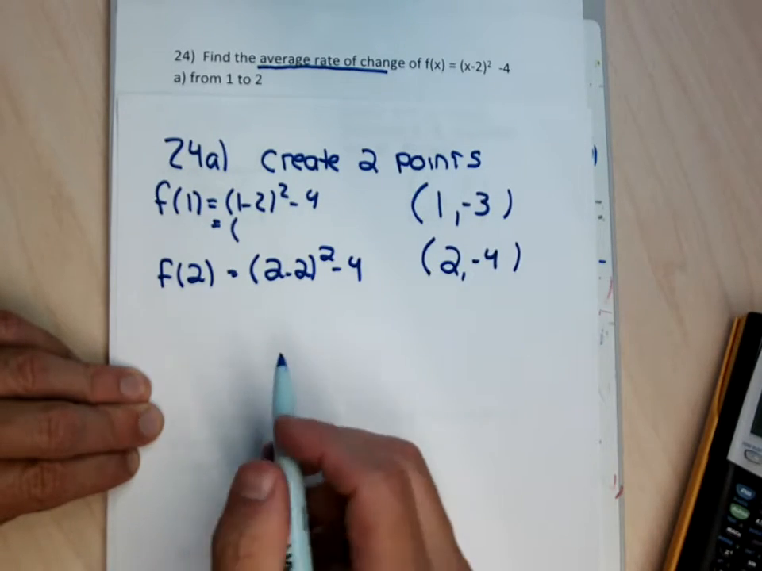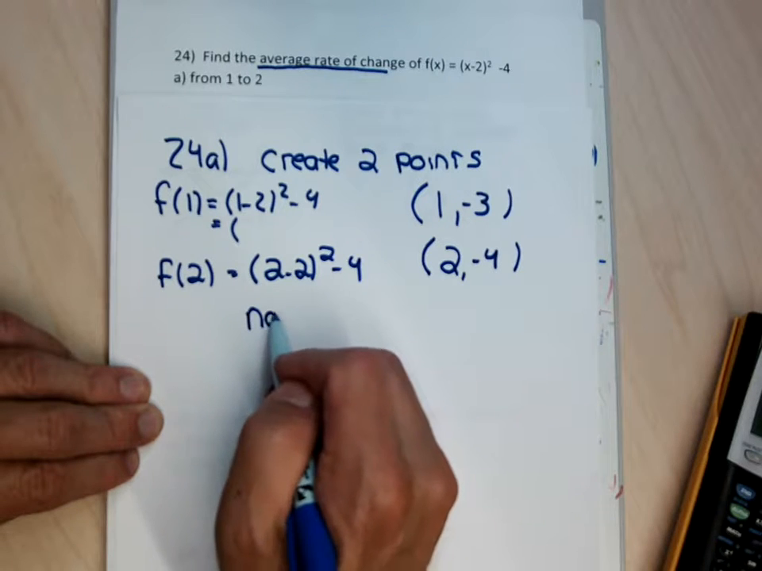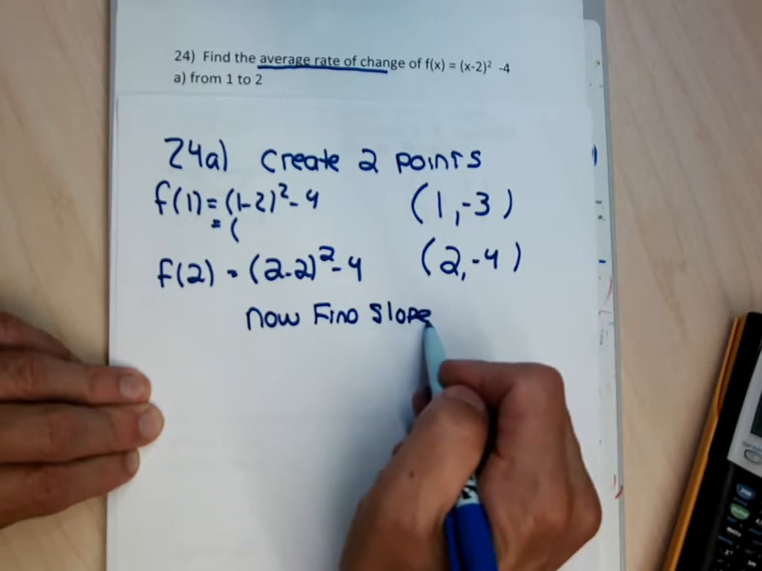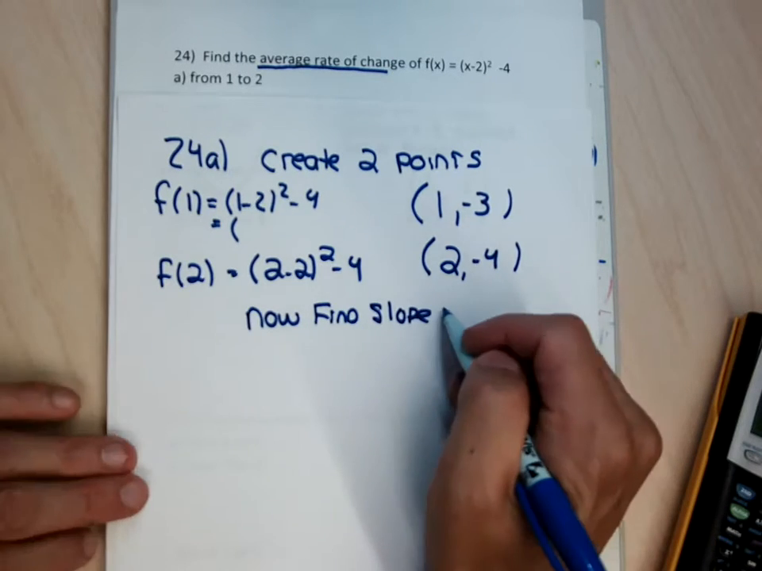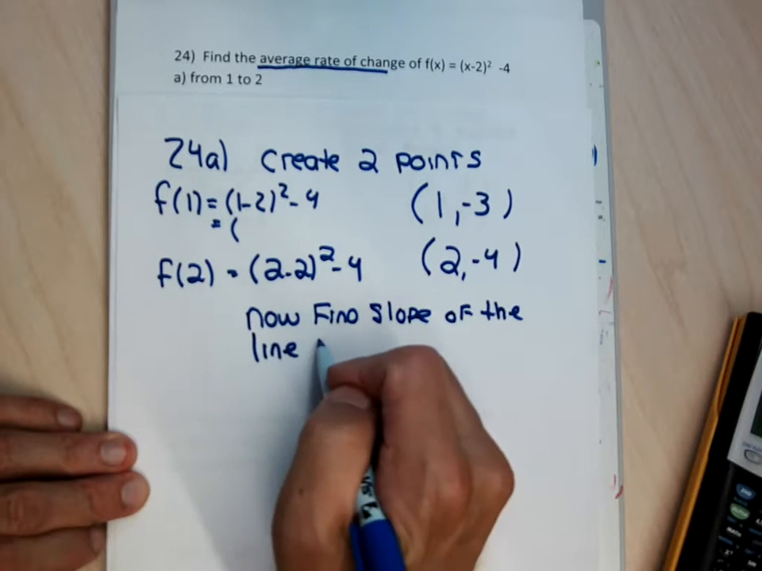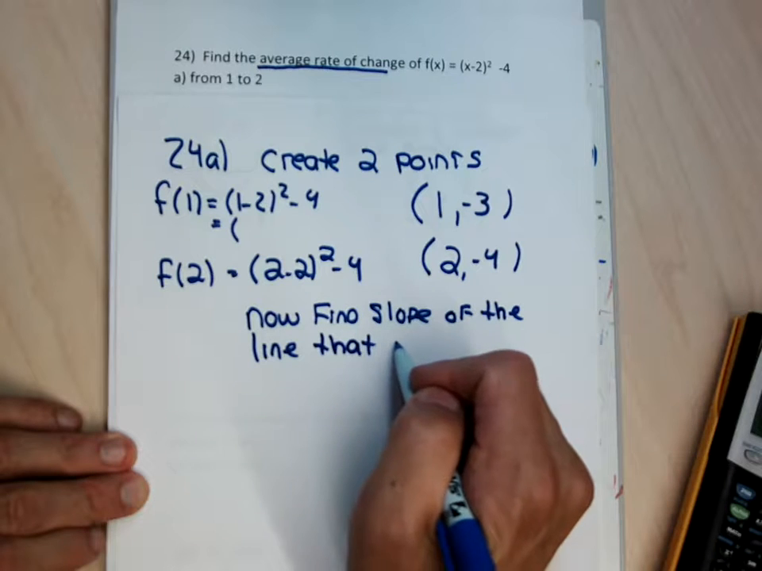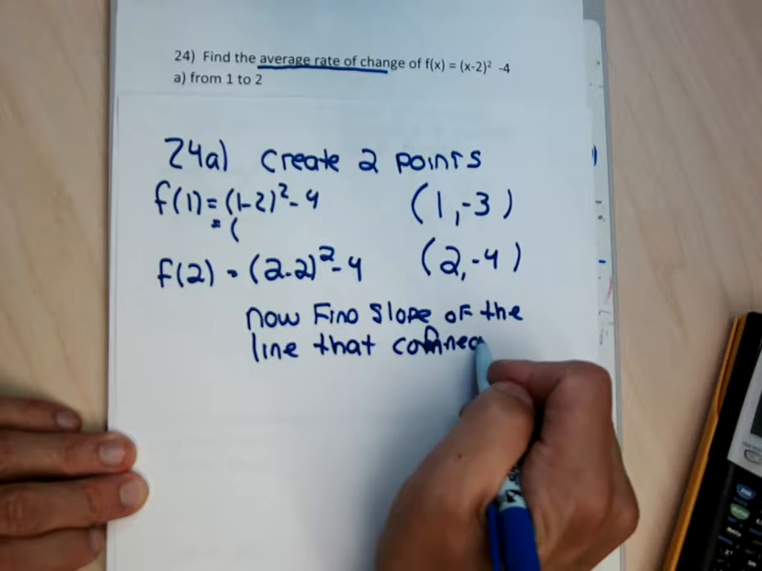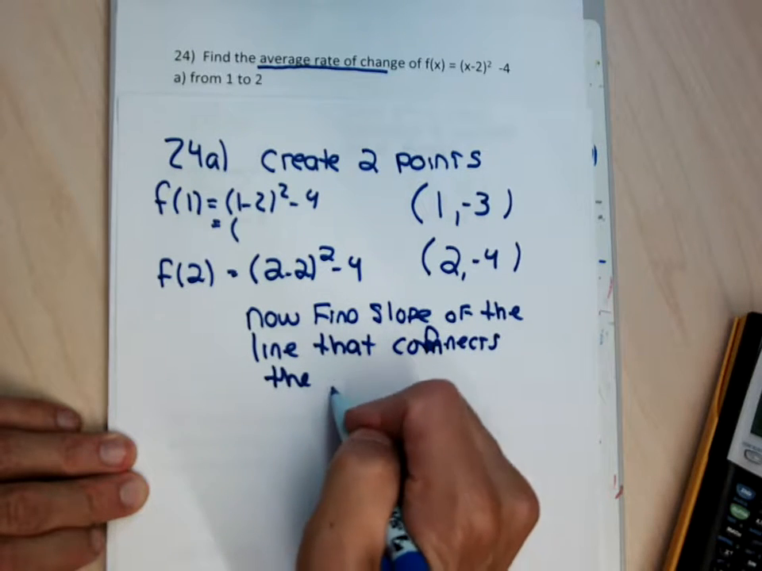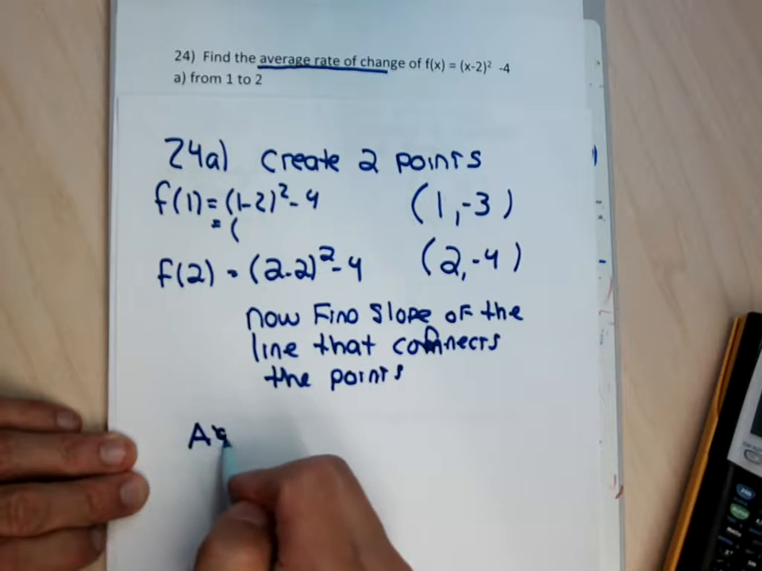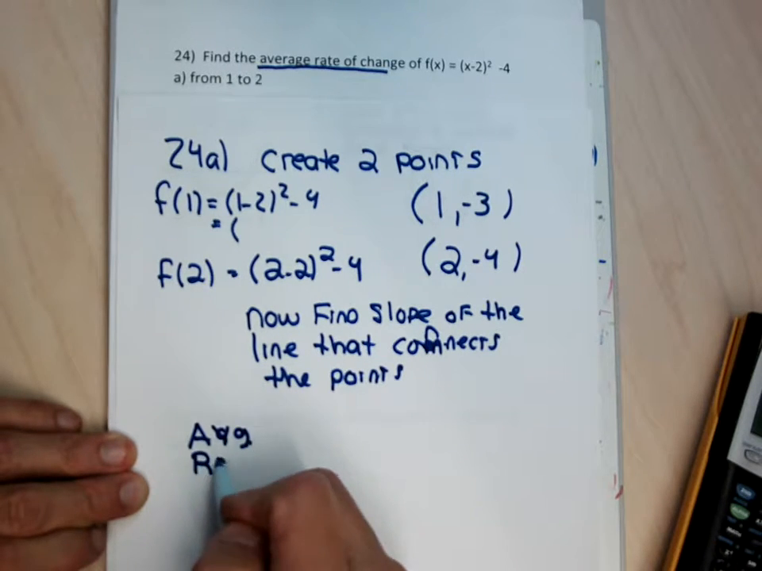So first I created 2 points, and now I'm going to find the slope of the line that connects the points. Because the average rate of change is a slope. So I'm going to write down average rate of change